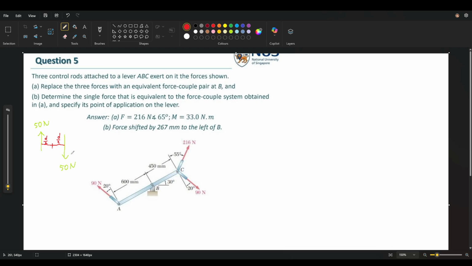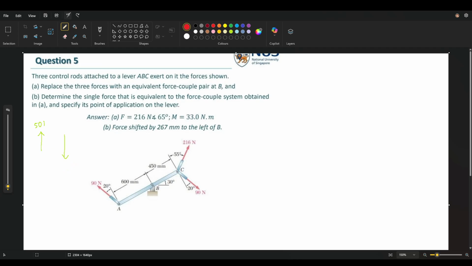The moment, if you think about it, is really just 50 times d divided by 2 plus 50 times d divided by 2, which gives me 2 times 50 d divided by 2, which is essentially just 50 times d, which is why the moment of a couple is always force times d. This is one way to understand why the equation is such. So now that you understand the idea of a couple, the principle of it, the formula,